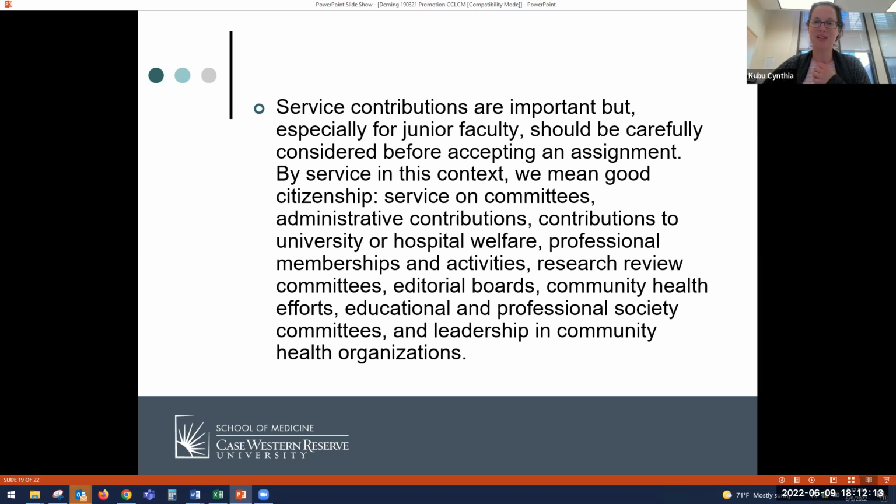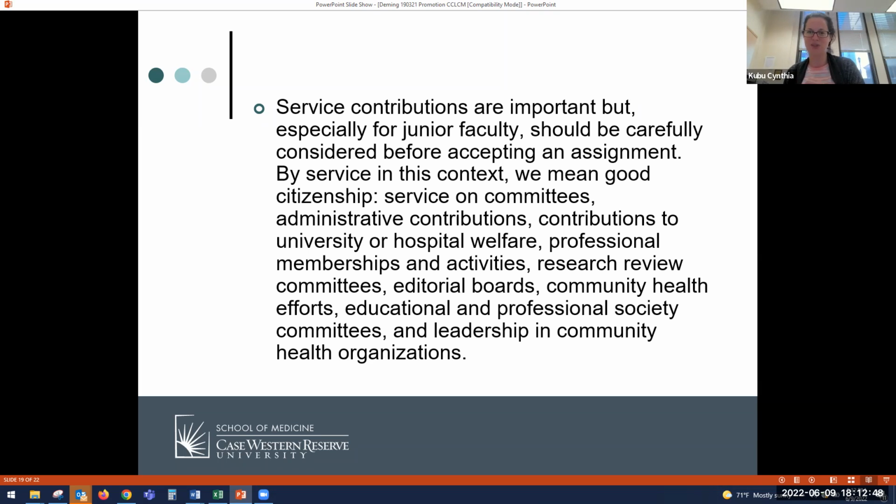Make sure that it's something that aligns with your interest, that you like the people. And if it's something that you can't say no to, try and kind of get it done, but move on and find something that really does align with your interests and that will evolve to something that is scholarly and scholarship. And so we have workshops on negotiation that I think are relevant to this, because sometimes you get asked and you can't say no, but it's a way to respond to say, great, if I'm taking this on as well, how does this fit in the priority of these other things that I'm doing?